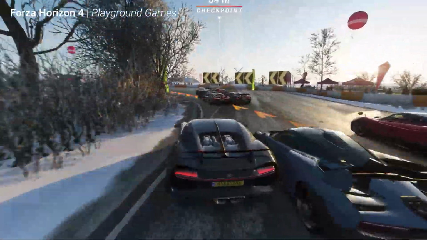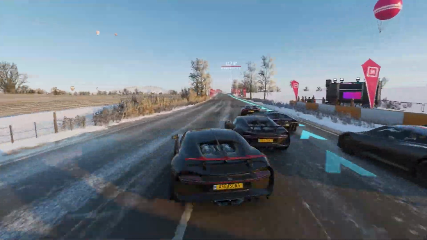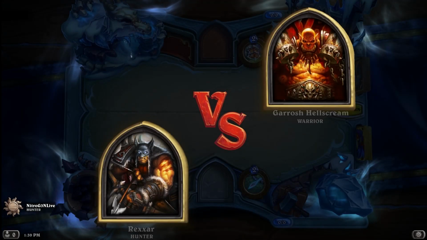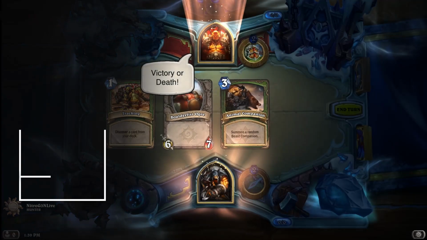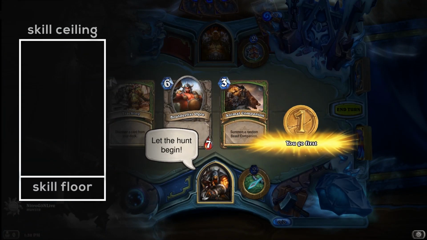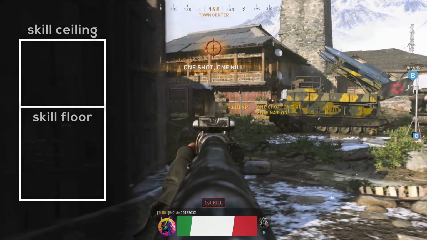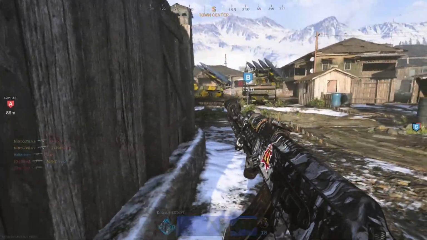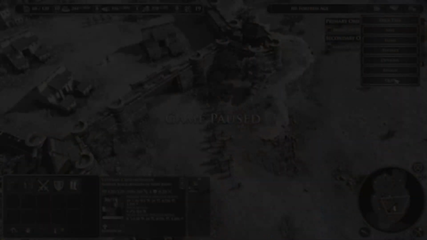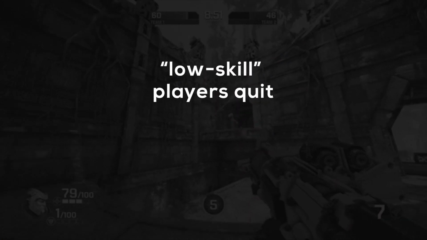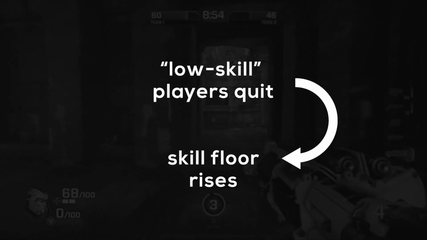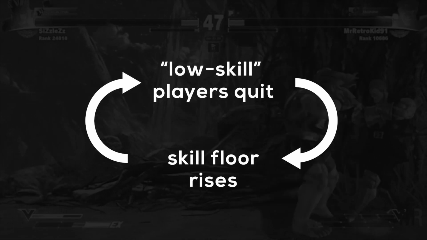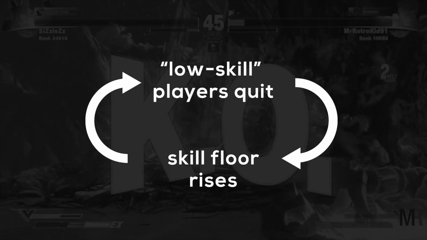Thus, because each player is different and therefore better or worse at the game, the effort cost is set by the players. This is what designers call skill floor. Games with low skill floors are easy to get a grip on, while having high entry points can make it exceptionally hard for beginners to play. This usually leads to spiraling costs. New players stop playing, so the previously mediocre ones are now considered new, which increases the skill disparity, making it even harder for newbies to enjoy their time.